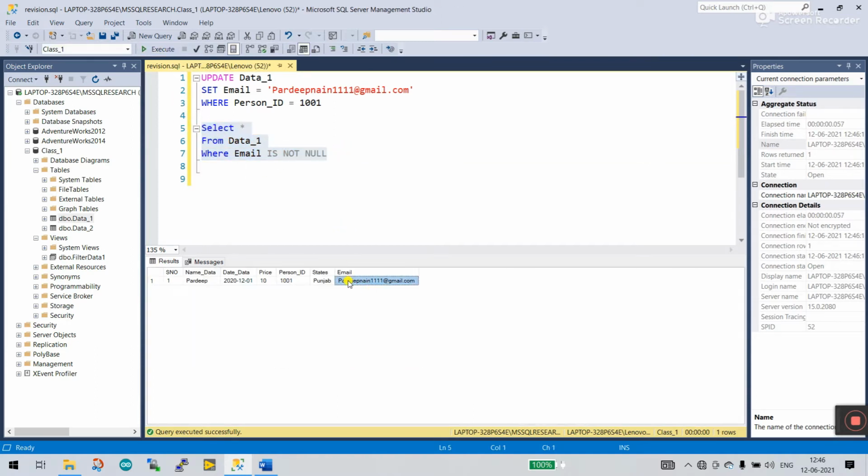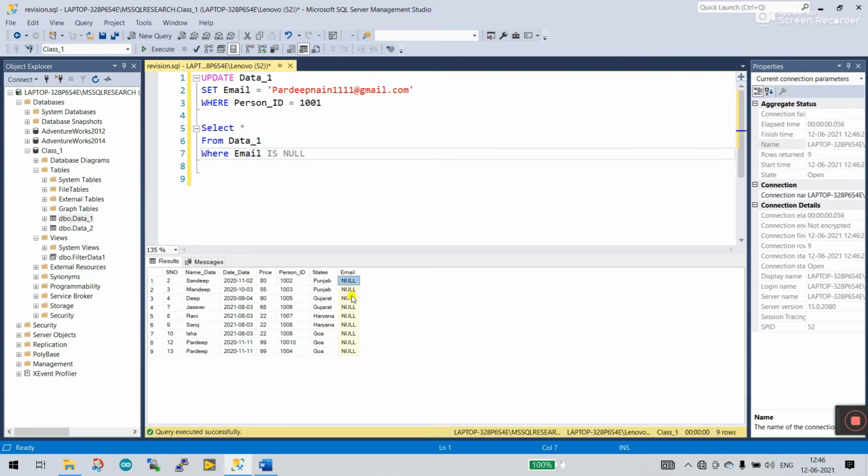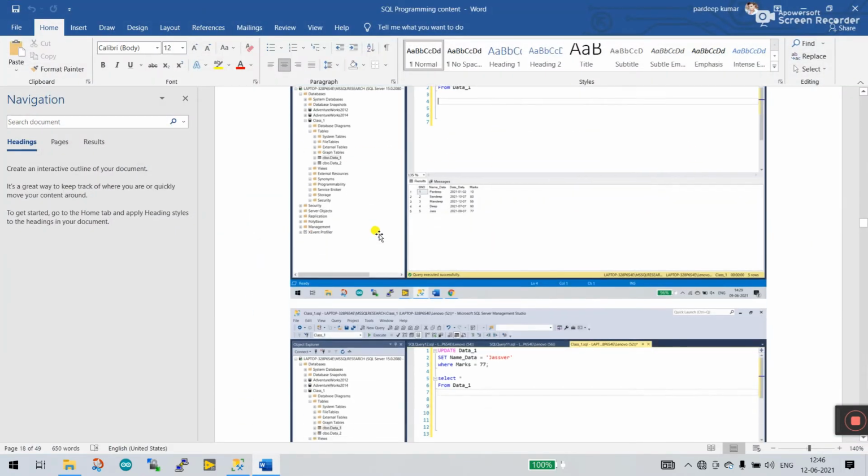Right now you see the null value rows are all removed from the result. If you apply the other one, that is IS NULL, email is null, and click execute, you see only the null value rows are displayed here. You can apply any type of filters here. Now NULL is complete, as well as UPDATE. Update table is complete.